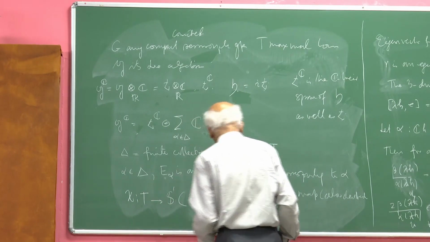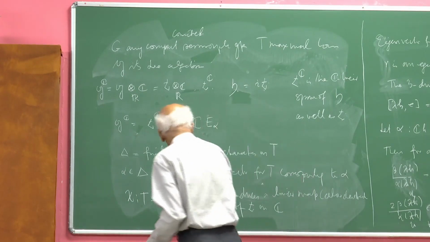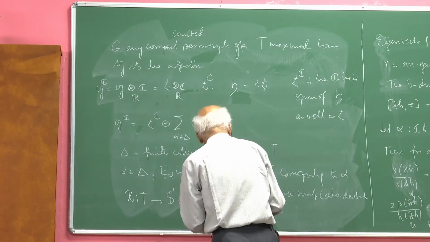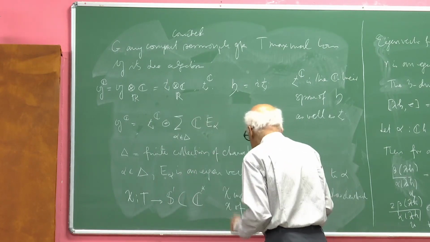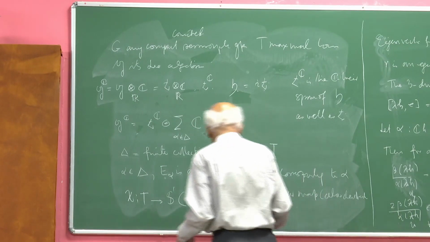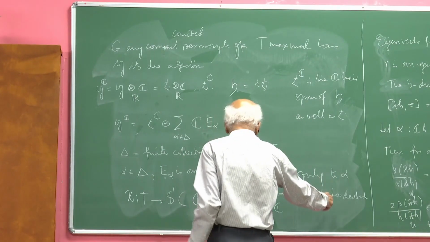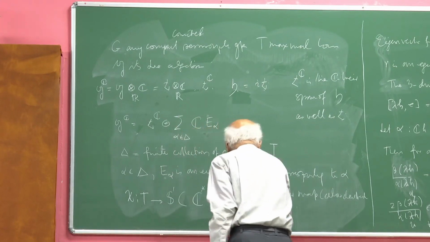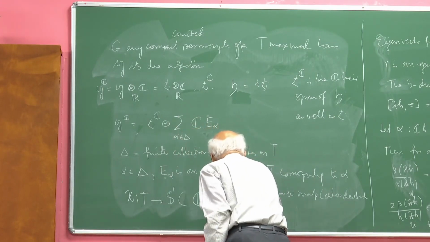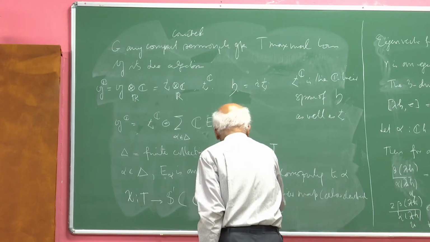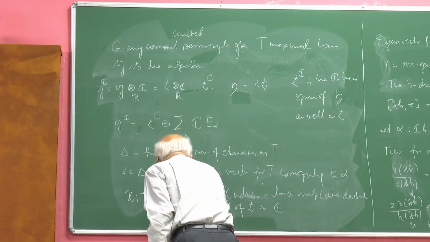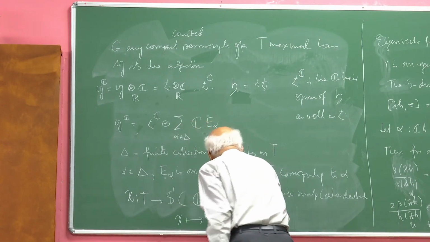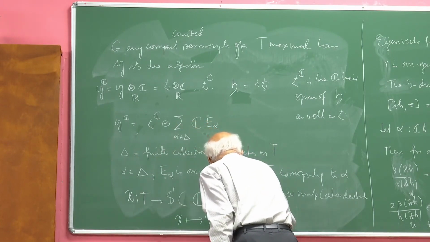Lie algebra of the circle can be identified with I times R, the imaginary axis in C. So let me for the present write chi dot, and you get the mapping chi to chi dot, which is an injection